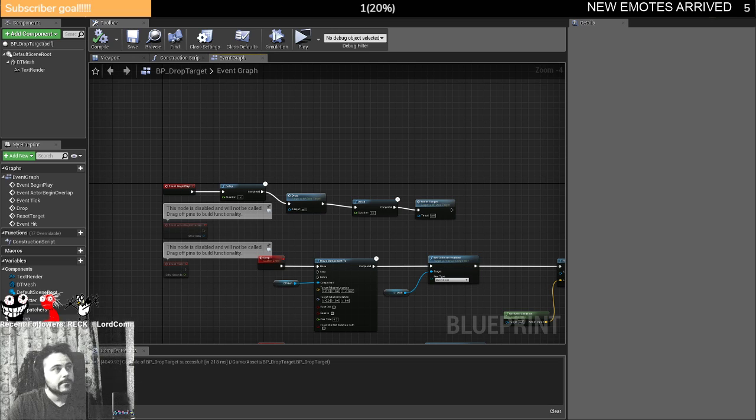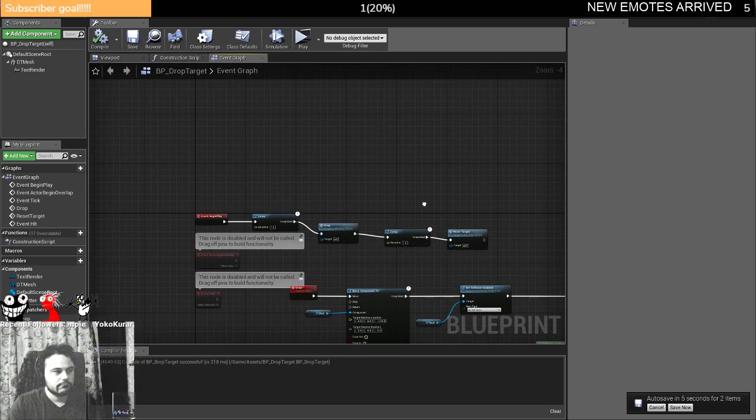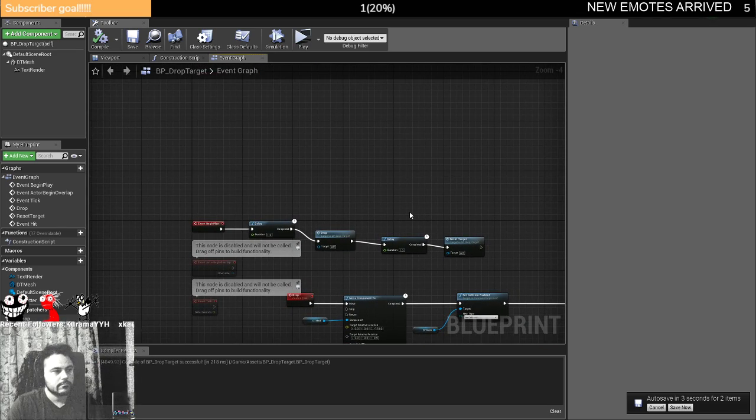I'm going to, again, set these up such that on begin play, I'm going to bind reset. So the reset function that we've already created, reset target, is going to be set so that when the game resets, we're going to be doing that. So once again, I'm going to drop in my pinball game mode, which is